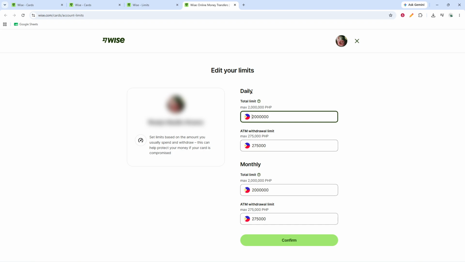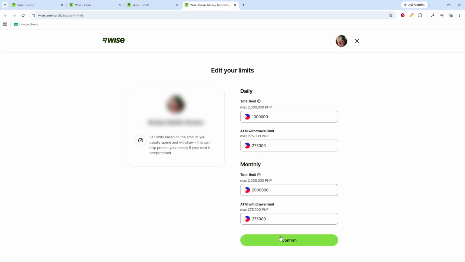Depending on what is shown for your account or selected card, you may also be able to set the total limit and the ATM withdrawal limit. Type in the amounts you want for each field that applies. As you enter these values, keep the screen in view and confirm that each amount is going into the intended limit category. Since daily, monthly, total, and ATM withdrawal controls are handled separately, once the new amounts are entered, take